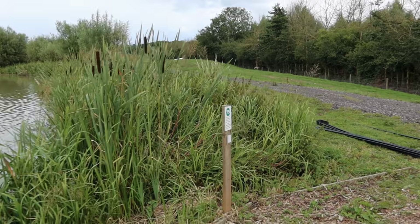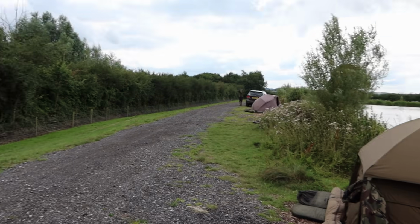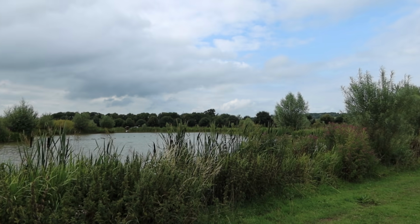I do like peg 75 as well. I do like the fact that you can get your car behind the swims as well, which is quite nice, and it's all very hard ground, so you're not going to get your car stuck or anything silly like that. And obviously there's lakes here, there and everywhere here, but